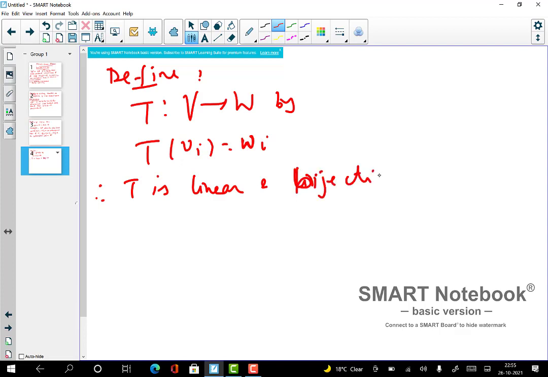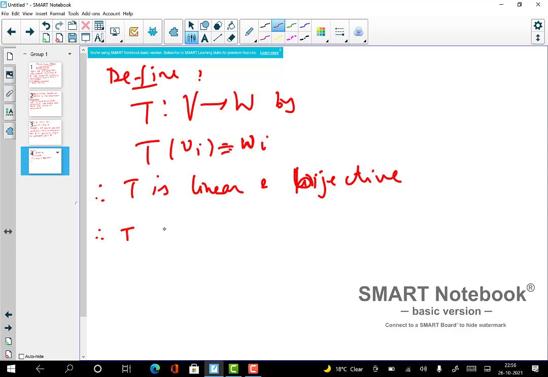Bijective is obvious because T is onto, it sends every basis element here, and on a finite vector space onto implies one-one, right? So T is bijective, but it has one more property, because this map is a linear map, it is a bijective map, but it is actually sending one orthogonal basis to another orthogonal basis, right? So what does that mean? That means I should say that